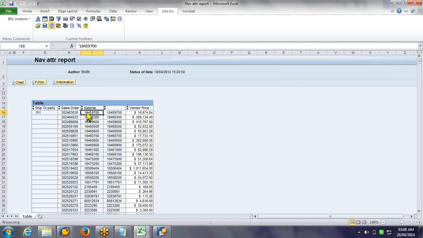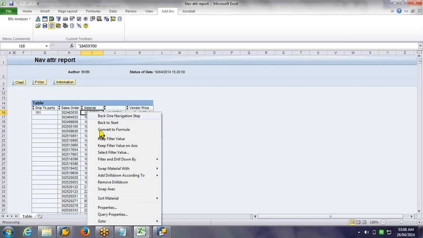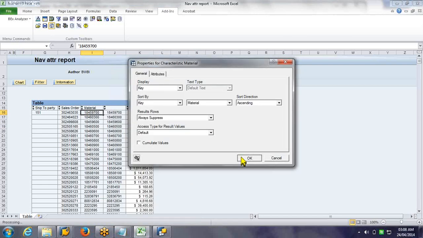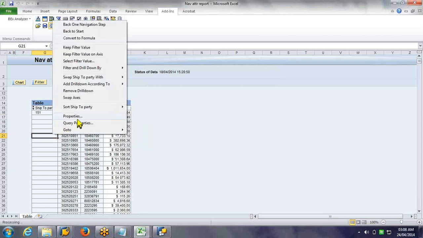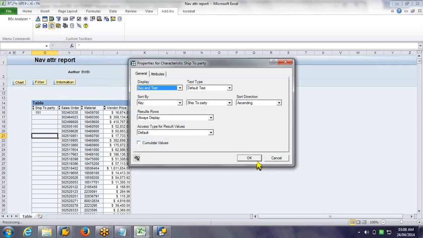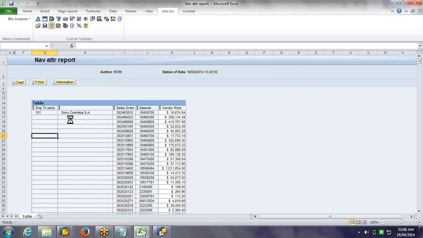Even material text is also not there. At least ship to party we have loaded, I think. You can see whatever text is available it is showing. If text was not available, it would have shown the values itself.